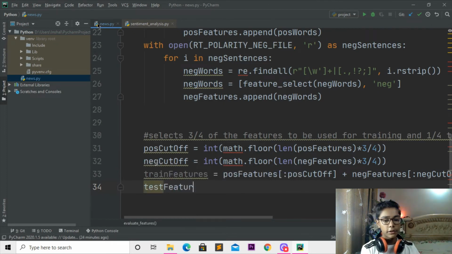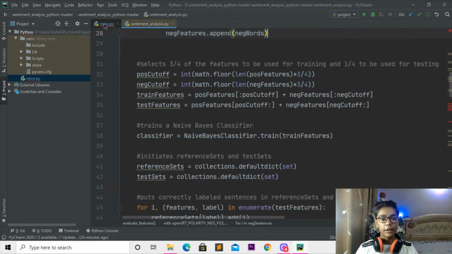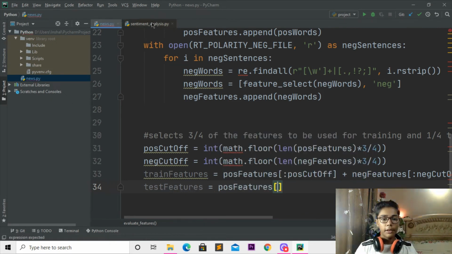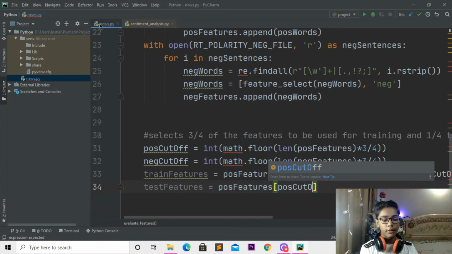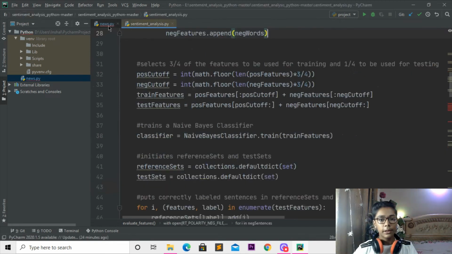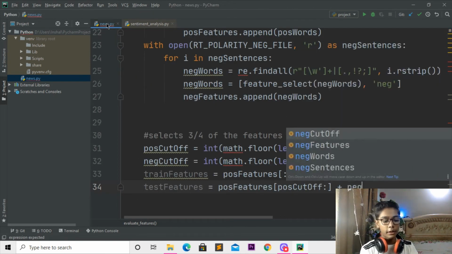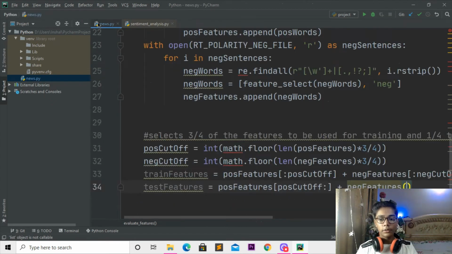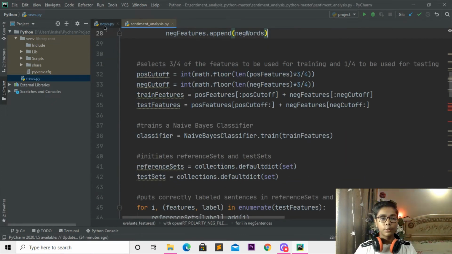So when you've done with that things here, I'll be now moving, then I'll be writing test features equal. Then when you've done with that, just you have to write pos features, and here I'll be now writing this square bracket here, and then I'll be writing pos cut off. And when you've done with that things here, I'll be now doing one thing, I'll be just coming here, then I will be just writing plus and moving forward. So when you've done with that things here, I'll be now coming, then I will be writing that to like neg features, and here I'll be now just making this bracket here. So here I'll be now writing neg cut off, making this semicolon, then I will be just moving down enough,